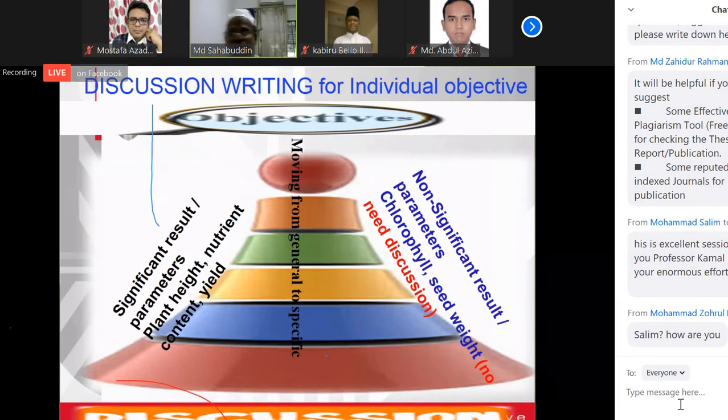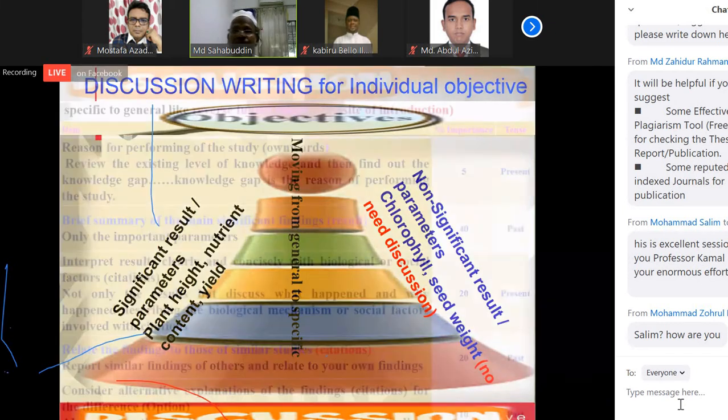But the discussion actually sources from the objective. So the funnel will be the opposite. The objective is at the opposite part, then we have to explain with our different parameters or the DV. So this is the explanation about the discussion.